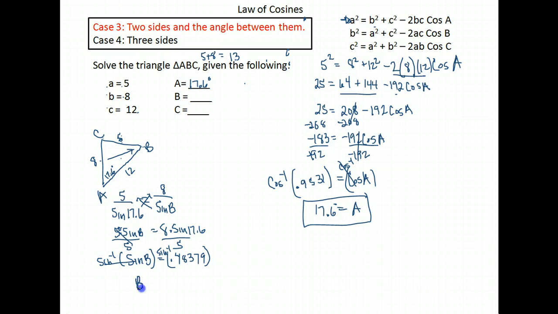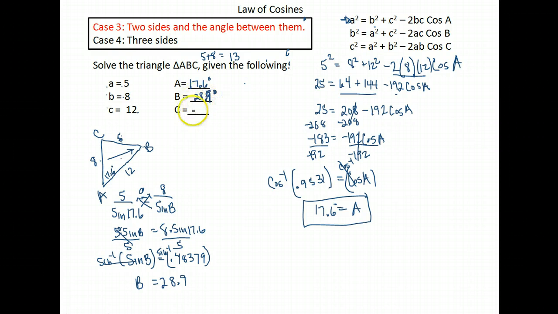And what do we got? We get about 28.9. Okay, so I have my two angles. I have a 17.6,